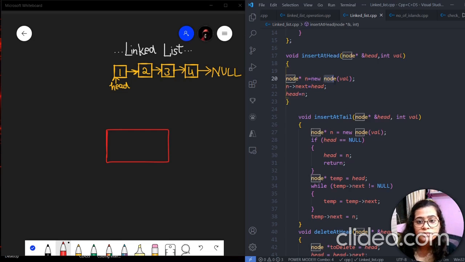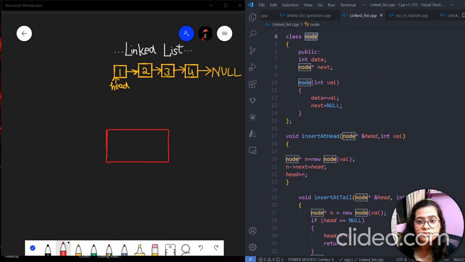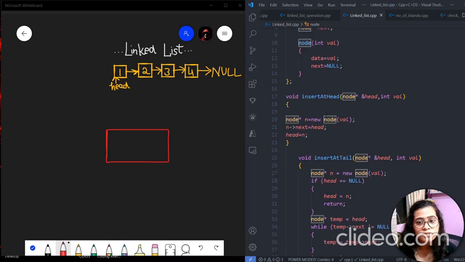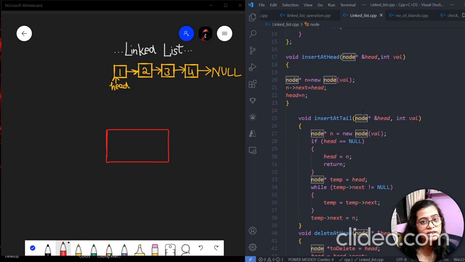New Node. Node is this class only because we are creating a new node. So Node and then value, because we will be inserting a value afterwards by calling the function. And then we are pointing n->next, the next of the n, to head. And then head is equal to n.